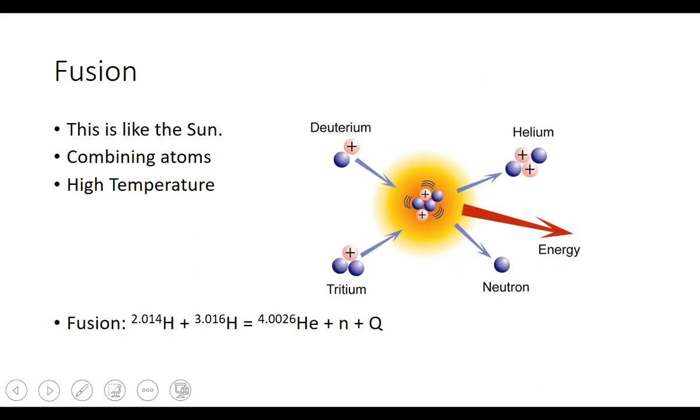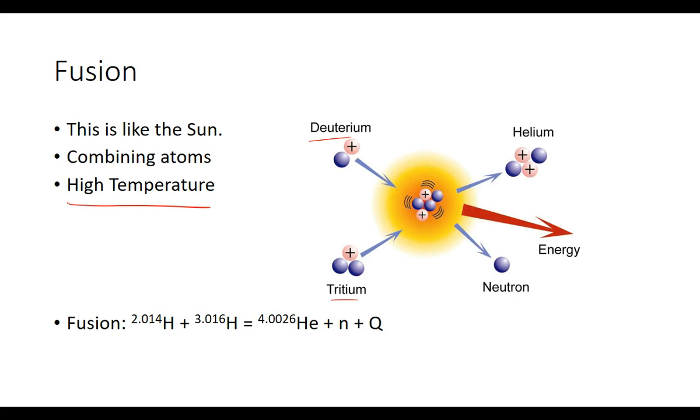So fusion is the other one. Fusion happens in the sun. We can't do fusion on Earth because it requires high temperatures, like thousands of degrees. It has to be really hot. The reason is that when you combine these atoms, they're collisions. So in this case we're taking this tritium and this deuterium,